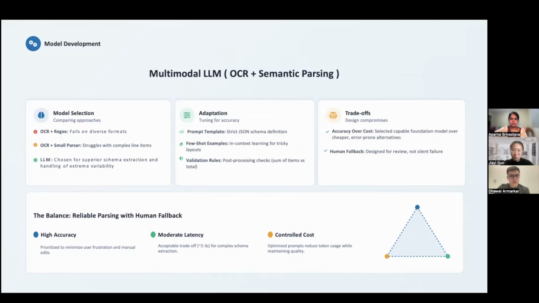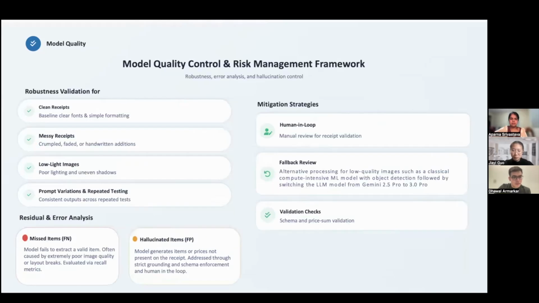Cost is less for the classical ML models, but they are extremely error prone. So we have preferred the accuracy here. And in the human fallback mechanism, all the items that are parsed are reviewed by the user. Next slide. We have tested the robustness of the model using clean receipts, messy receipts, low-lit images,